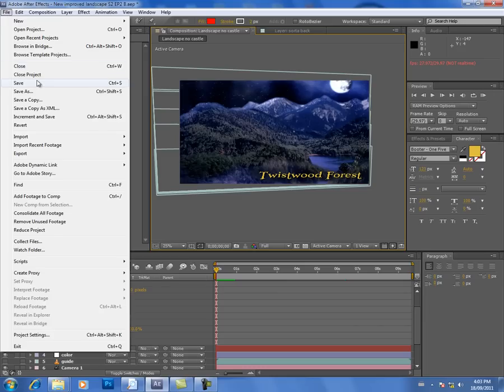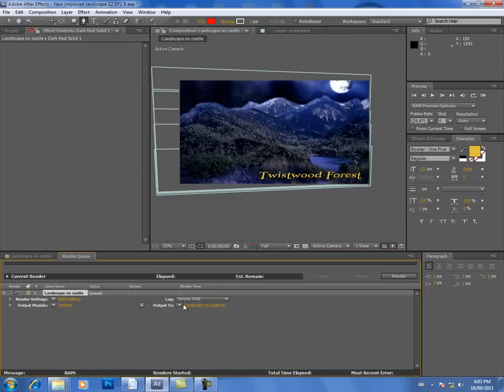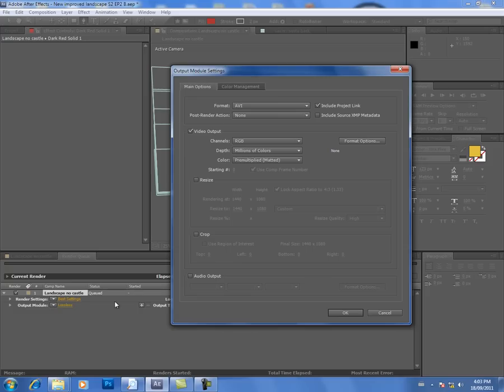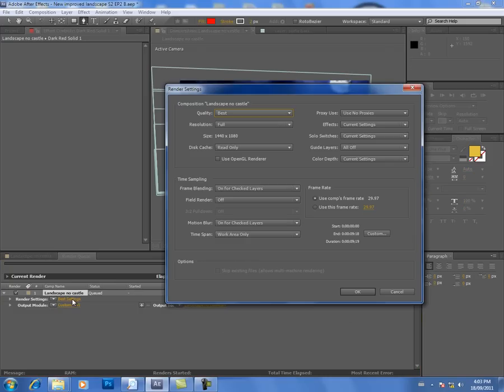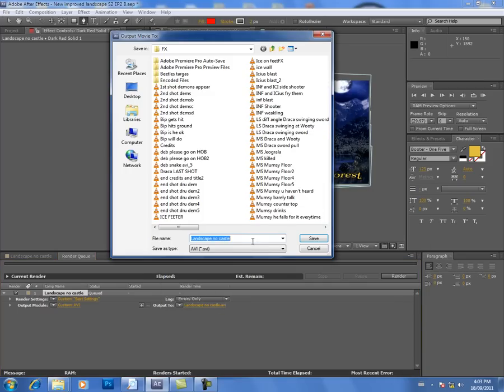Let us now file, save it, and composition, add to render queue. How many frames per second is this? Alright, so it's just an AVI file coming out, that's fine. My composition, or my video, or my Premiere file is 23.976. And then let's throw it in effects here. We'll say landscape, new, season 2 of Spell Fury,